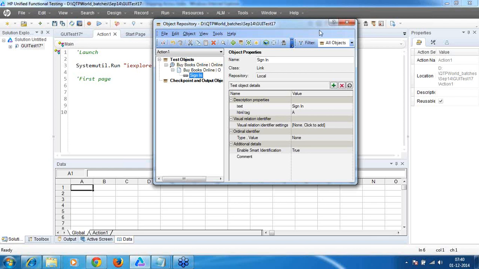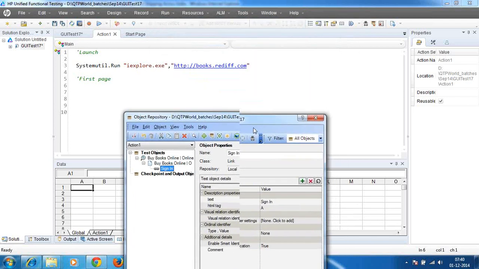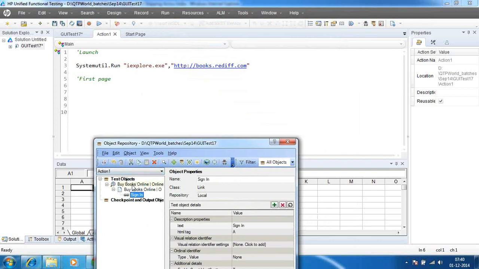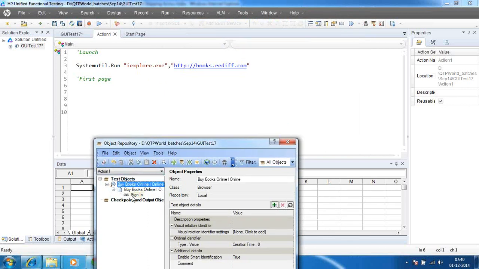Okay, now how do I start typing the code? What is your parent hierarchy? Whatever object is collected is in a hierarchical mode. What is the first hierarchy we have? It is browser, and what is inside is the logical div. So how do I start typing the code now? With the help of the object repository, it is browser, open braces, and automatically your logical name will arrive. Now let me just close the braces.